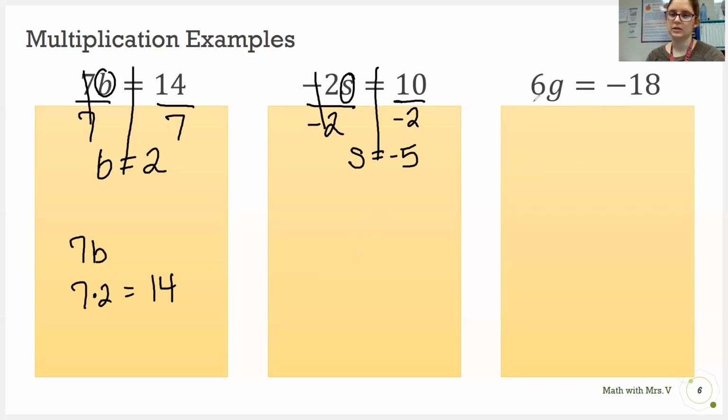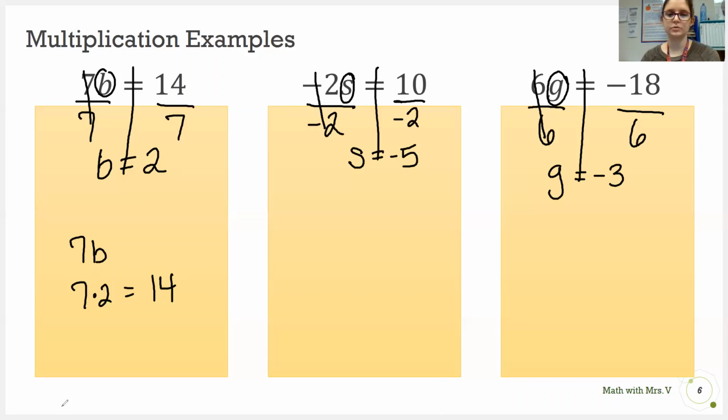Okay, last multiplication example, we put in our line, we circle our variable. 6 times g, we undo multiplication with division. Divided by 6, 6 divided by 6 cancels, we're left with g equals 18 divided by 6 is 3. A negative divided by a positive is a negative. So those are examples with